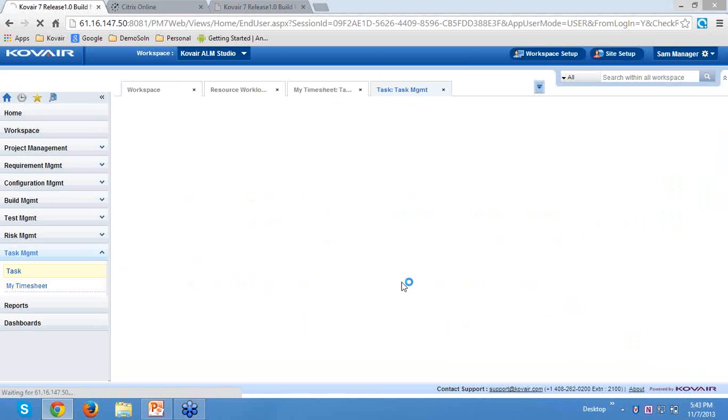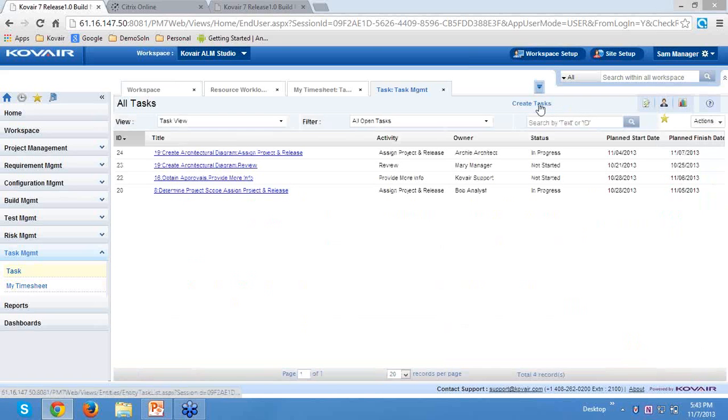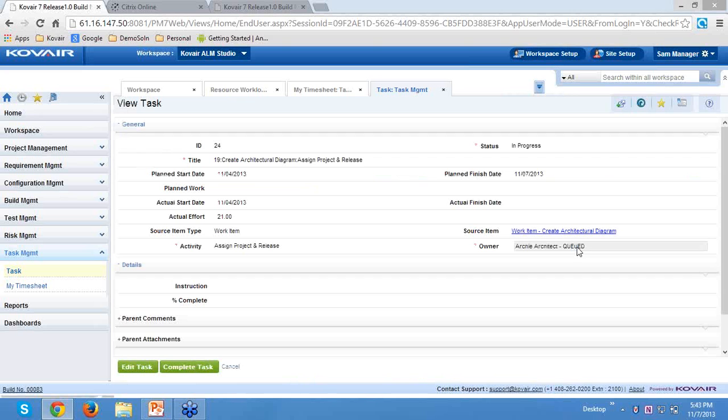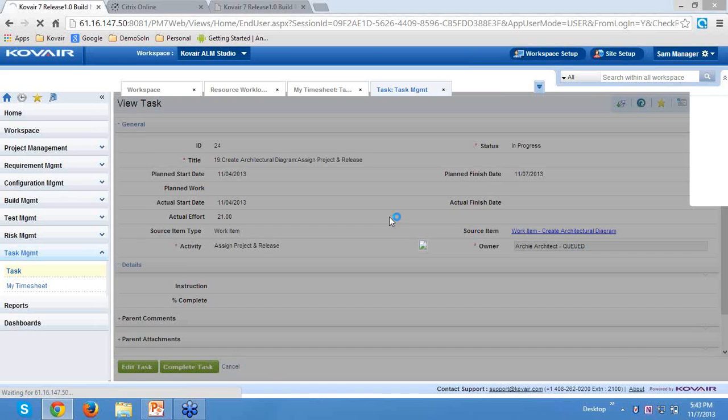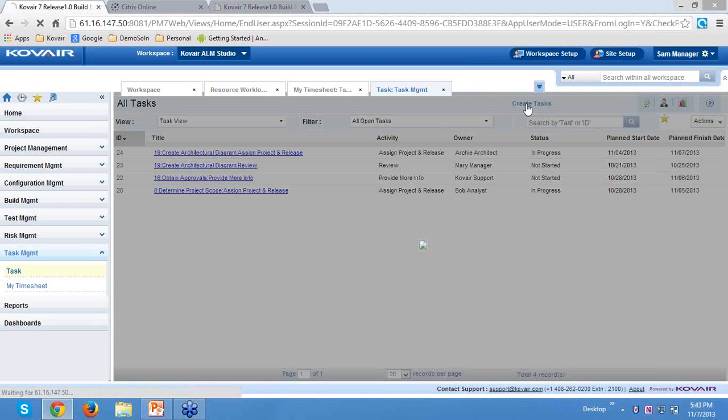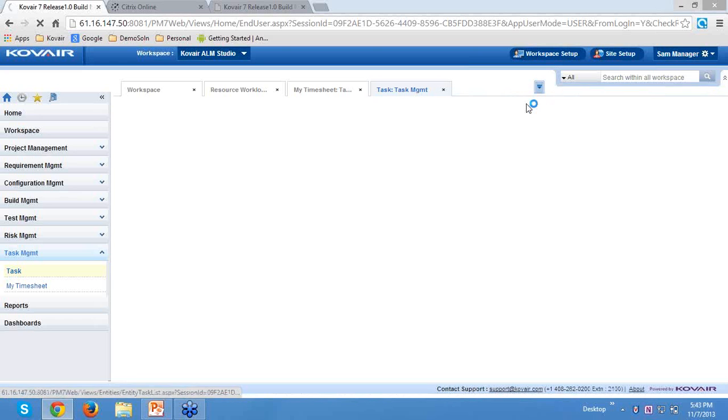In task management, I will show you that when we create a task, every task in Covea has a particular owner assigned to it, where an owner can be a particular role or a particular user. Not only is the owner associated, we can also decide on the assign policy of the task.